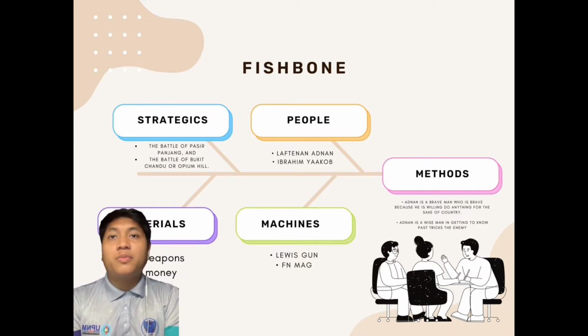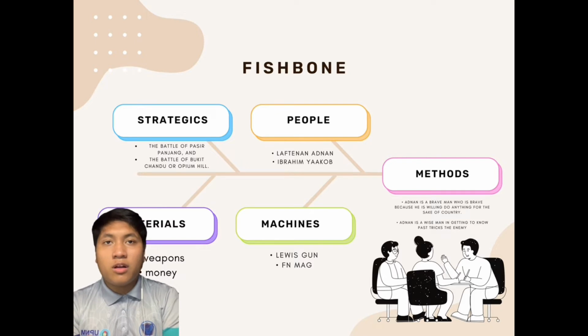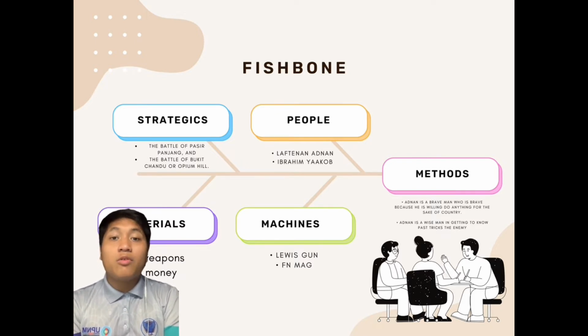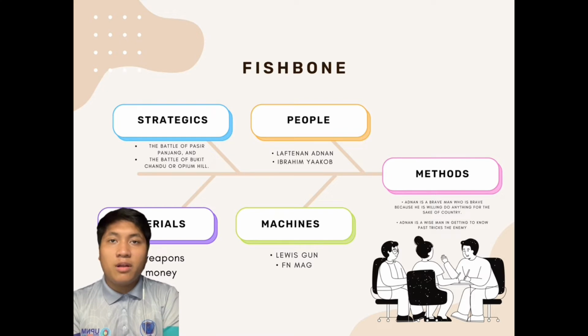And the second one is people. Adnan bin Saidi, a handsome Malay from Sungai Ramal, Kajang, Selangor, had joined the Malay Regiment of the British colonial force just before the Second World War broke out in Asia. By the time the war broke out, he had been promoted to the rank of second lieutenant and was in command of Company C, 1st Battalion Malay Regiment.